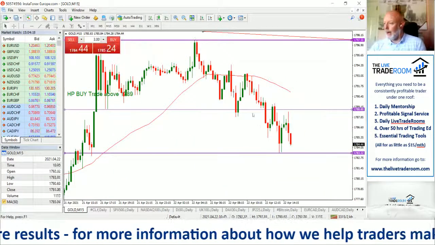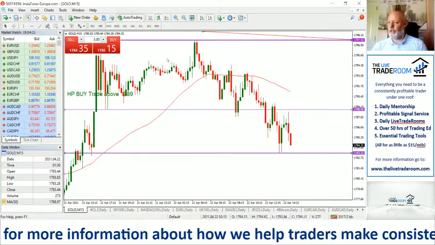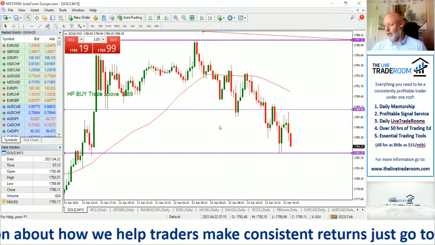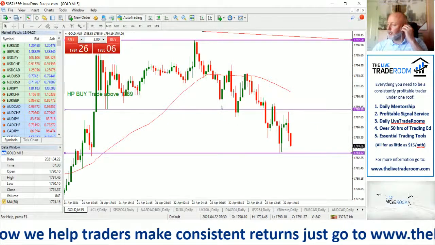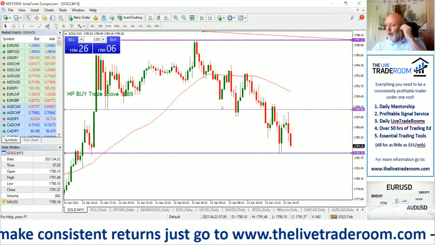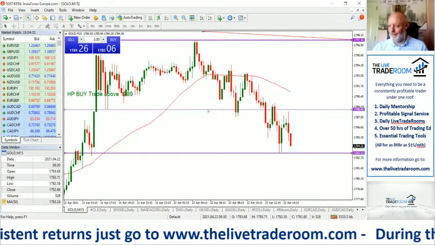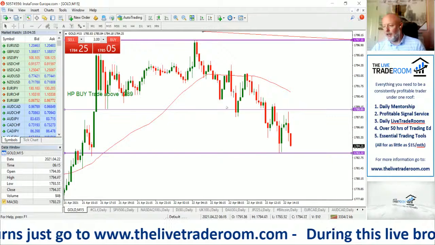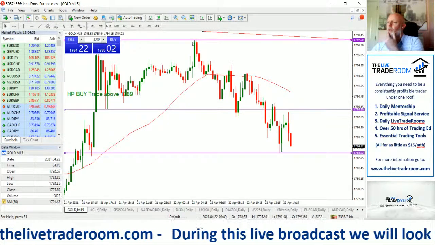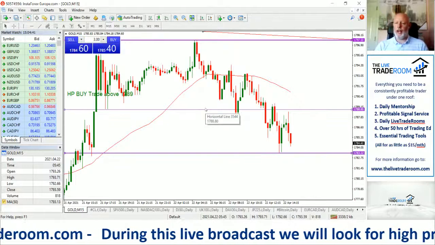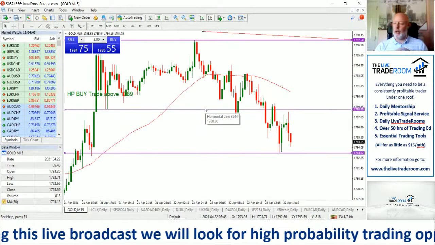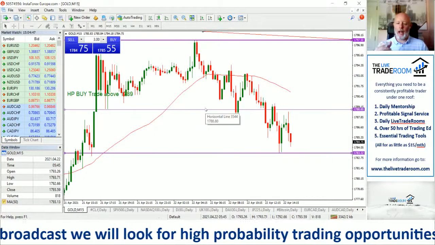So you might have a $15 stop loss in gold, and you might have a 50 pip stop loss in the euro dollar, or a 20 point stop loss in the S&P 500. Each trade has its own unique characteristics, so you want to trade it as a unique trading opportunity. And for us,